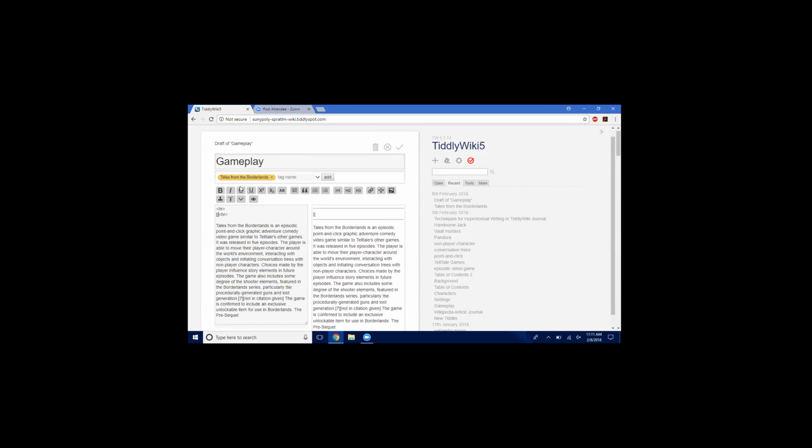So curly brace, bang, bang, and then the name of the field is title, T-I-T-L-E, and close it with 2 curly braces. Okay, and it's going to say draft of gameplay. Why?